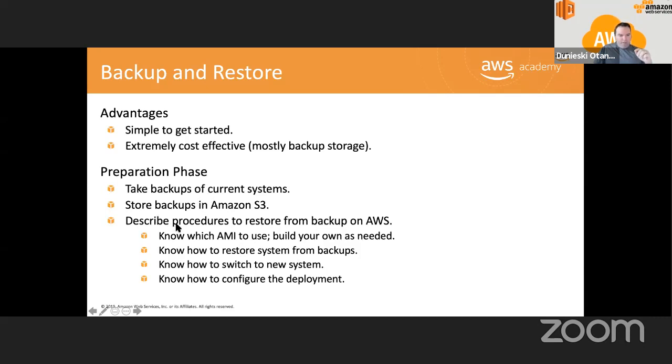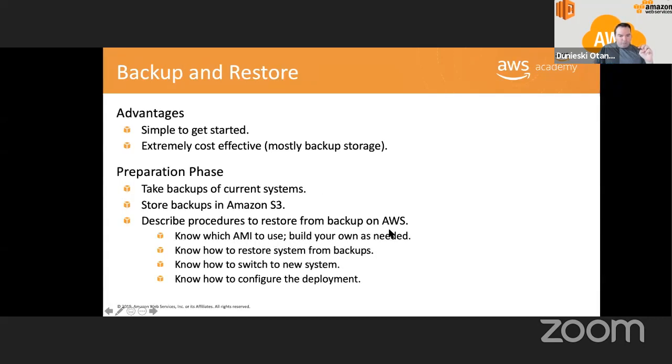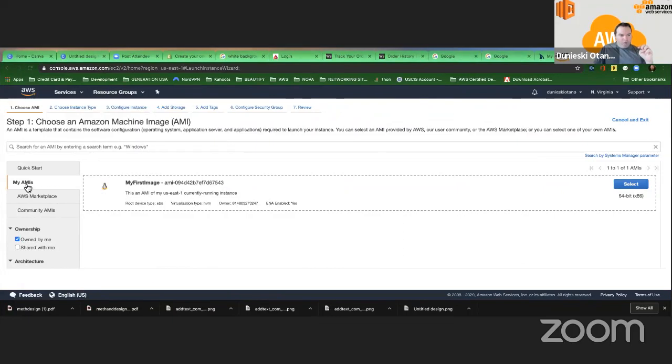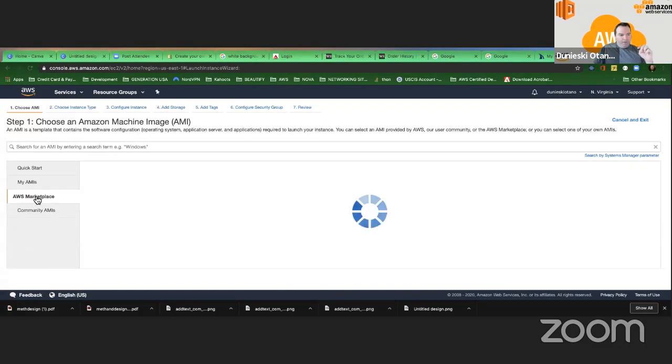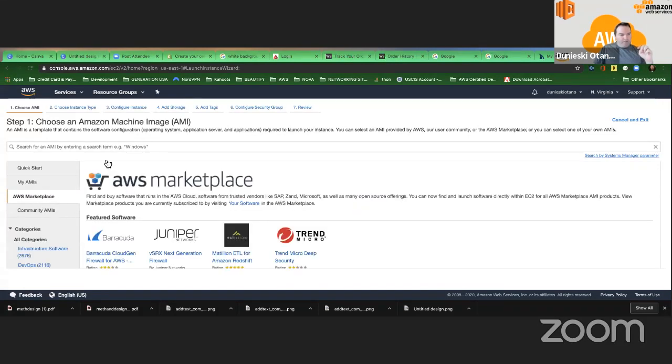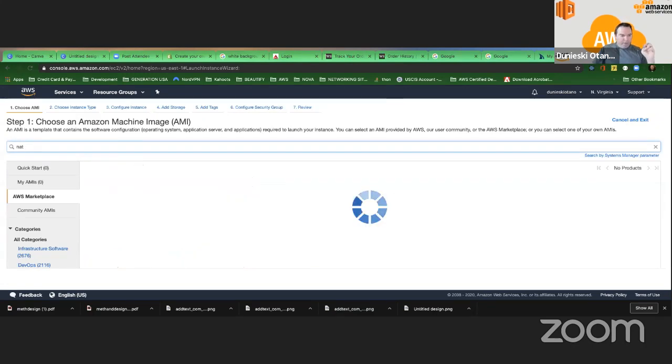Amazon S3. You have to describe procedures to restore from backup on AWS, know which AMI to use, and build your own as needed, and that's what we did. We built our own, and this is a custom AMI. Okay, you can get it from the marketplace, right? And by the way, this is where you get the NAT instance from, right? So if you enter here,